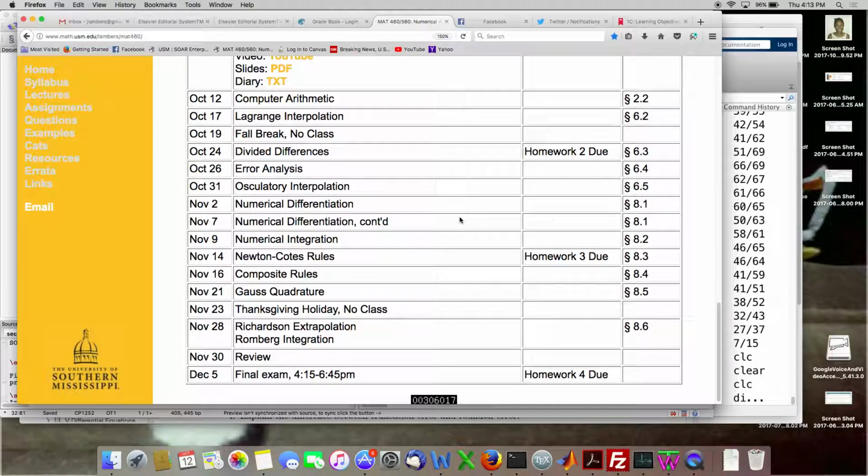So then the final is going to be comprehensive. It's going to be pretty distributed among everything: Chapters 2, 6, 8. But I can see what I'll probably do is post it online on a Tuesday and have it due on a Thursday, something like that. So therefore, the problems would not be